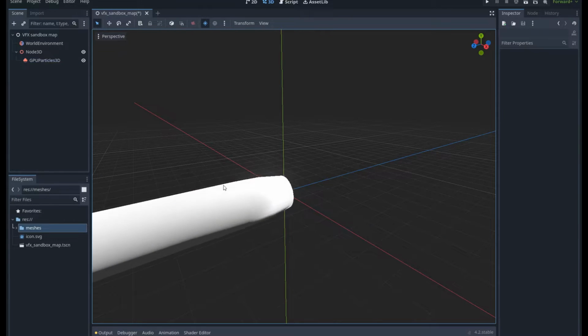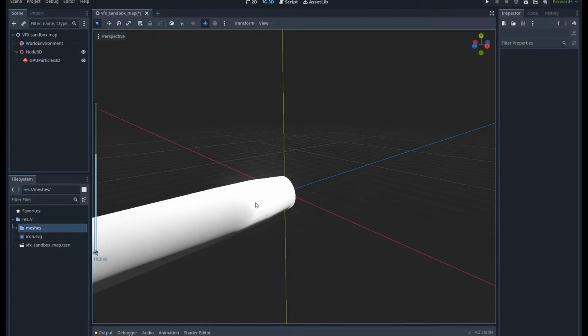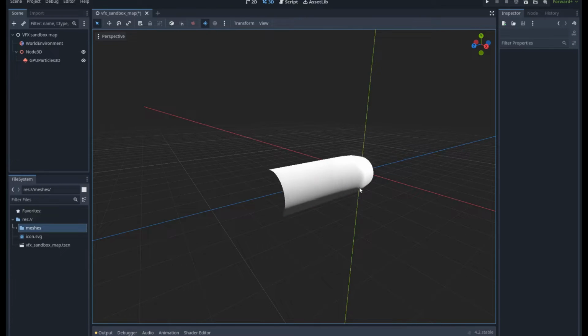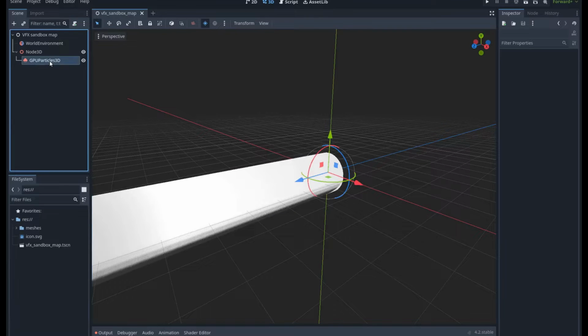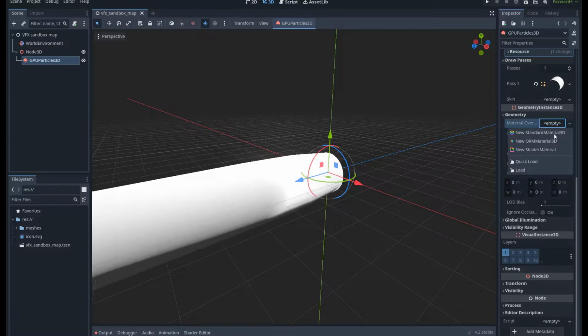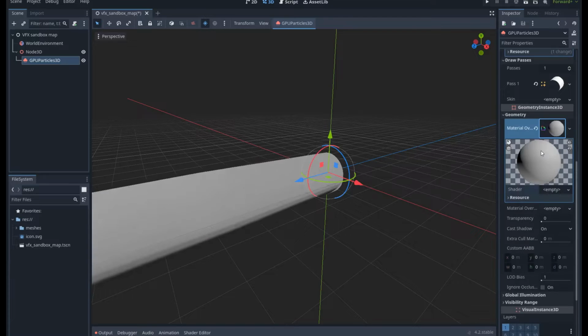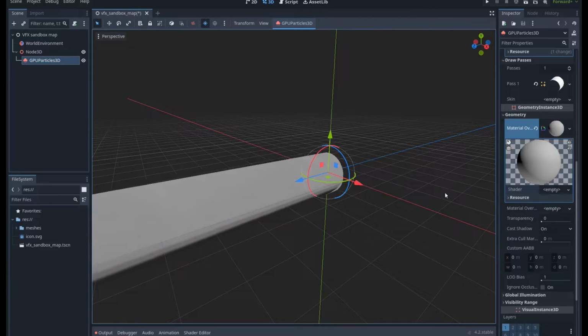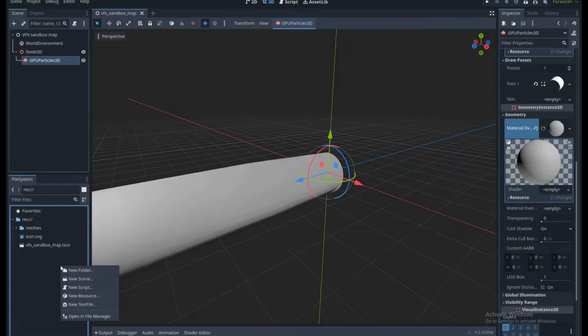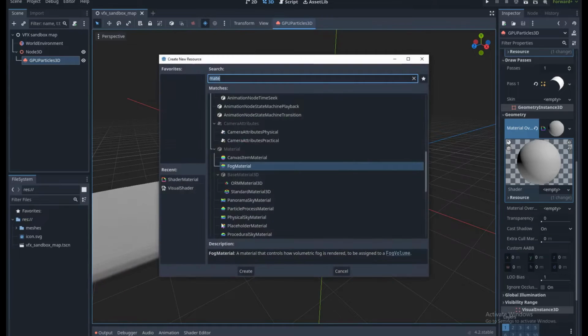So now we have our cylinder, but we want this cylinder to have an energy-like effect, right? So in order to do that, we need to create a material. So I will go ahead and into the geometry tab, material override, we can go ahead and create a new shader material. Let's click here and now it asking for a shader here. So we need to create a shader. For that we need to right click here, new resource,